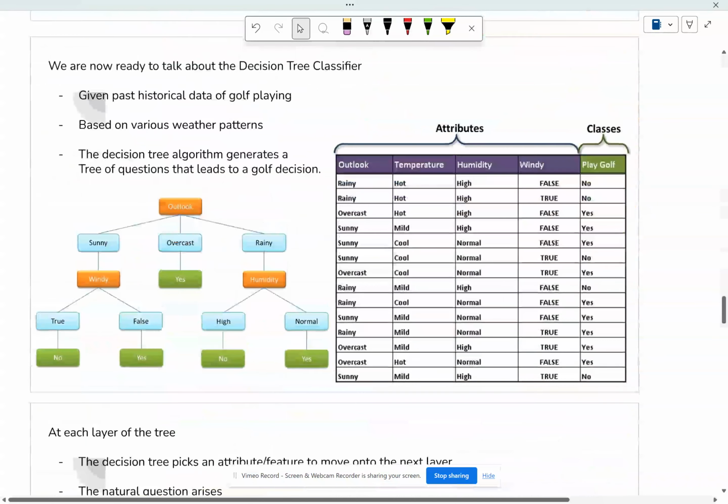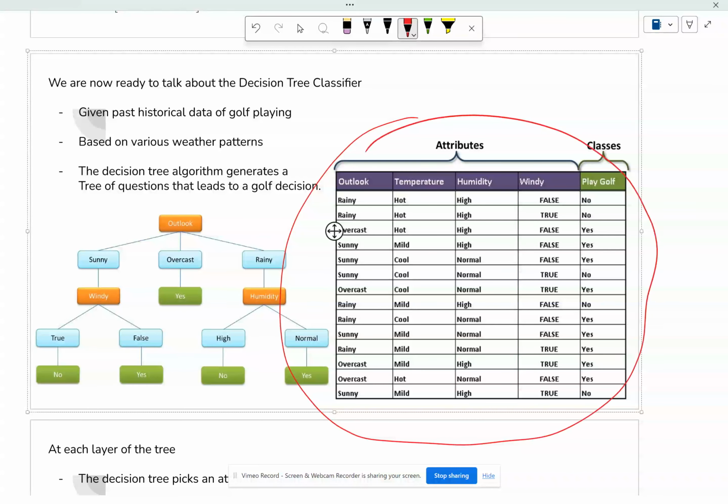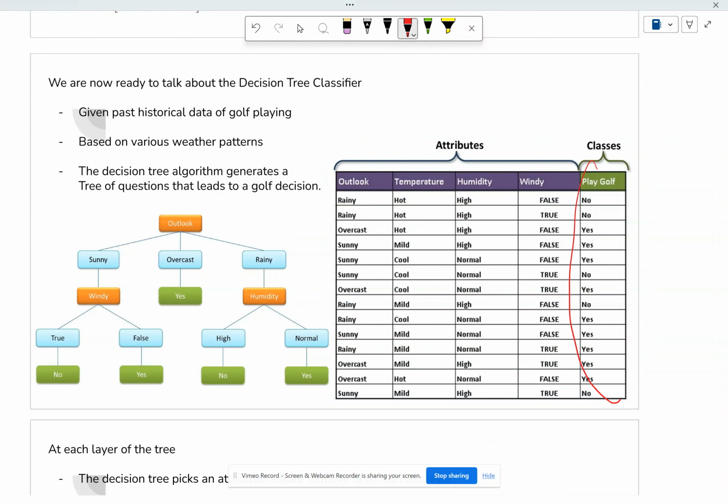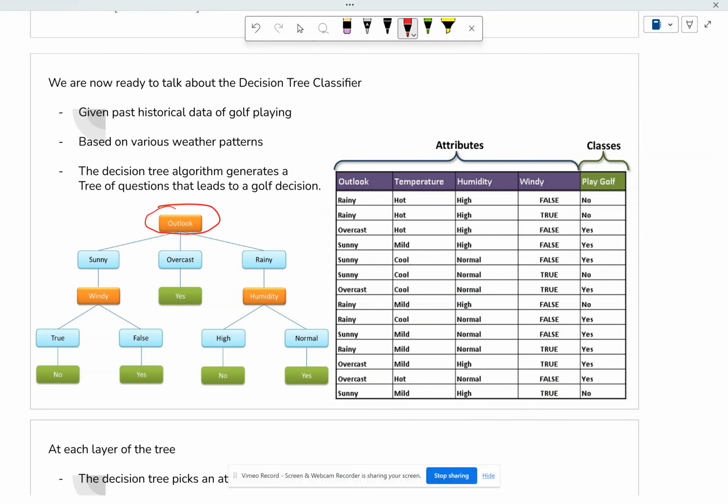From that, I hope you have a general idea now of how decision trees might work. The way it works is maybe we have a table like this, and we're trying to predict whether a person is going to play golf or not, yes or no. Given the past history, based on weather patterns, the decision tree starts with one of them. You pick one,